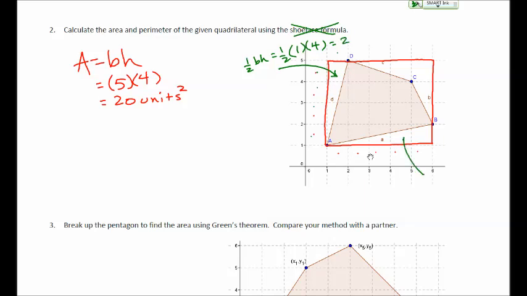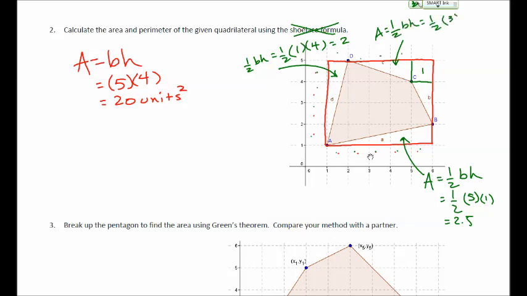Okay, down here, I also have a triangle, which is 1/2 base times height. The base of the triangle is 5, and the height of the triangle is 1, so I get 2.5 as that area. Now, over here in this top right corner, it looks complicated, but if I simply cut it like this and like this, the area is 1, and then I can find these two triangles, which is the area is 1/2 base times height, and the base is 1, 2, 3, and the height is 1, and 1/2 of 3